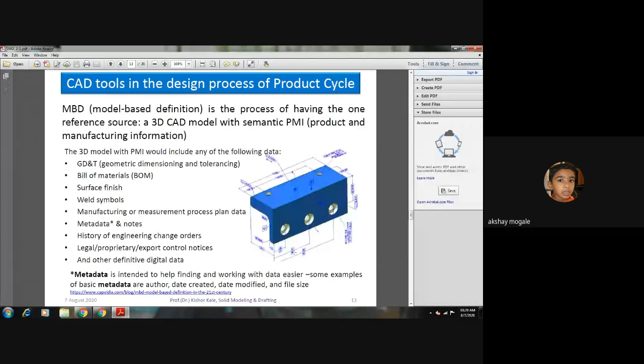Now, the second one is geometric dimension. Can you see that a surface is shown as A? This indicates that this is surface A. Some triangle-like structure is shown, indicating how much its surface finish is. Then you find that this is another surface. I will try to maximize it.